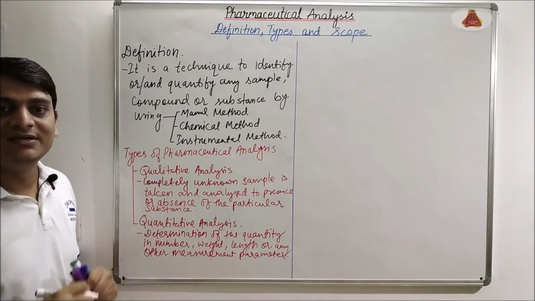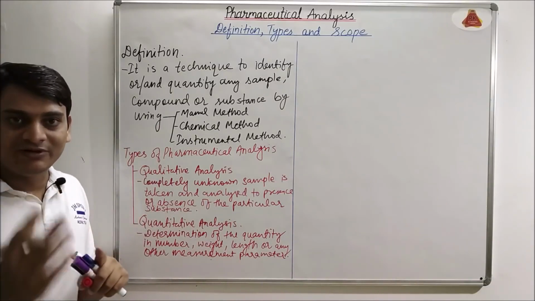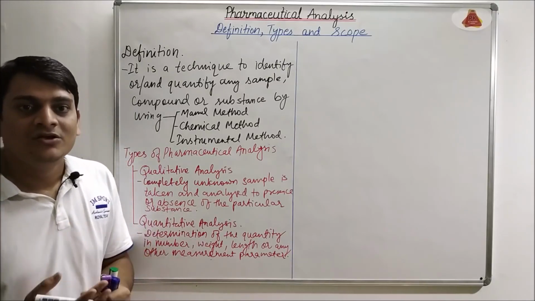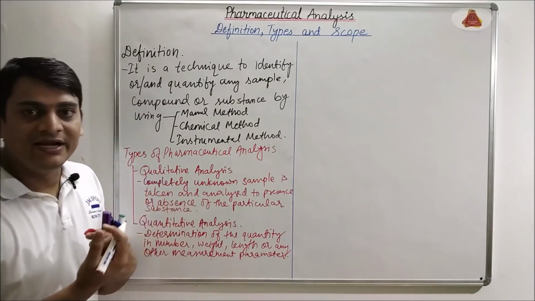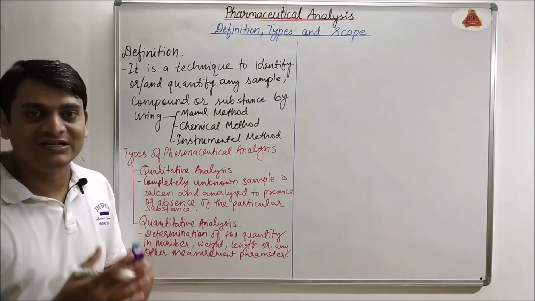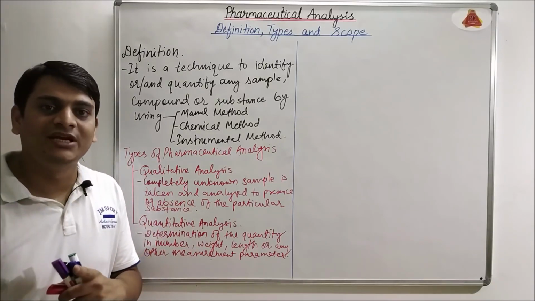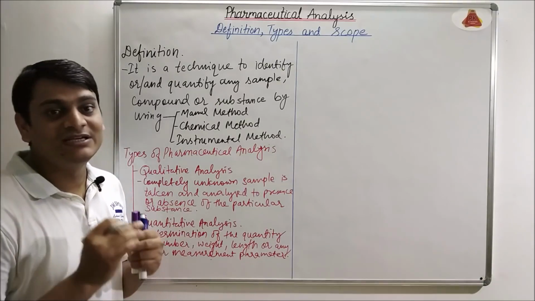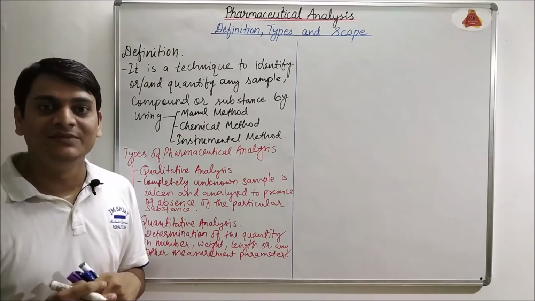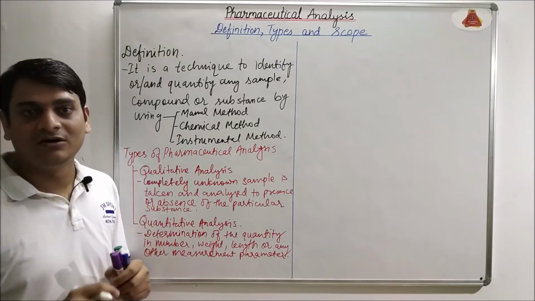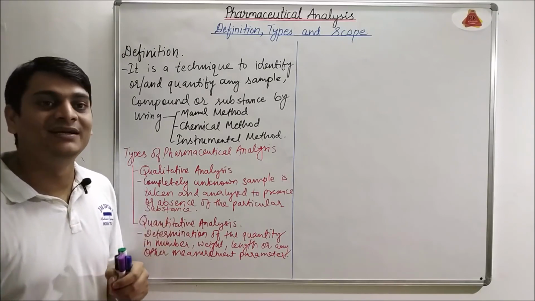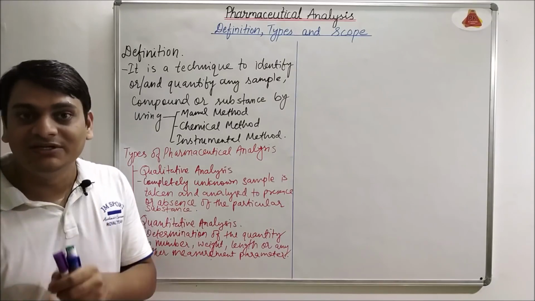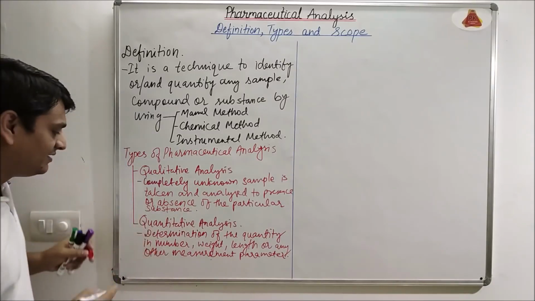So in quantitative analysis, the specified substance will be quantified. For example, if we want to determine the percent purity of NaCl, we will take the sample of NaCl and by using volumetric analysis we will be able to determine the percent purity of that particular sample of NaCl. If we are getting 98% purity for that particular NaCl, means purity of that particular sample of NaCl is 98%, and 98% is quantitative, 98% is exact quantity. That is why it is quantitative analysis.